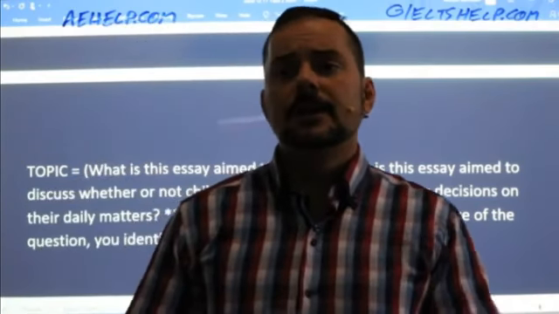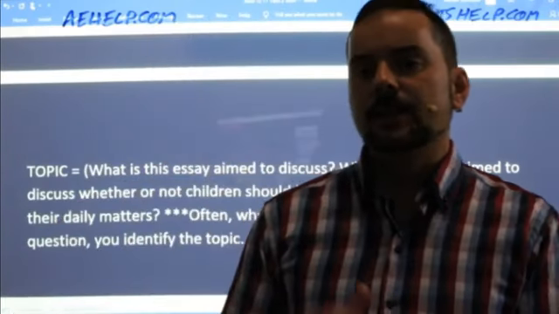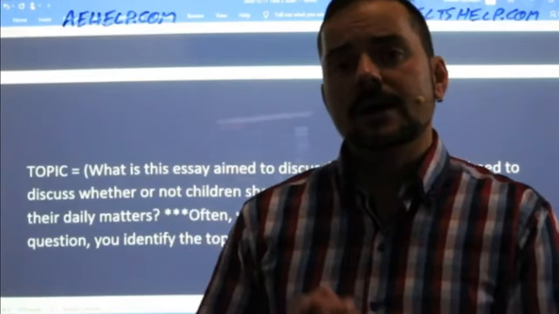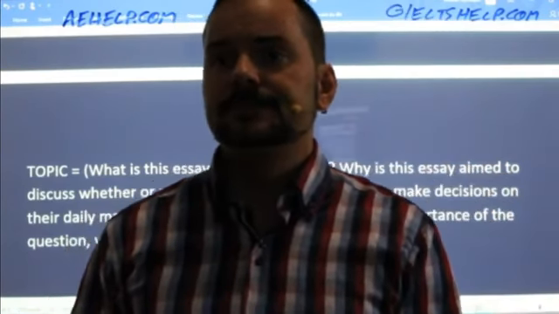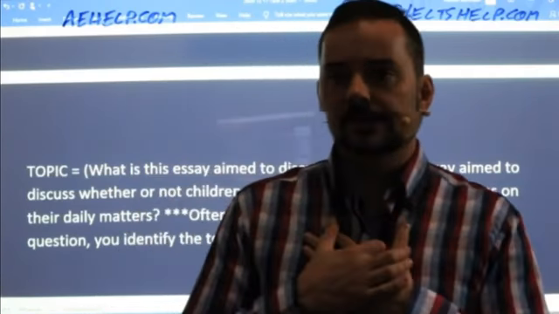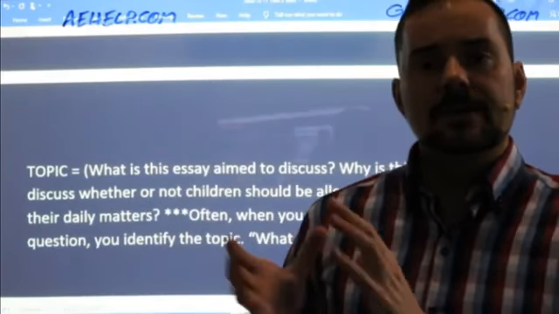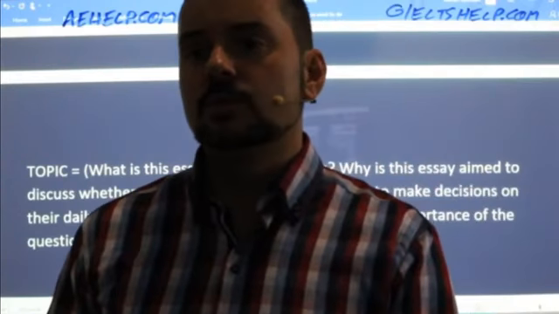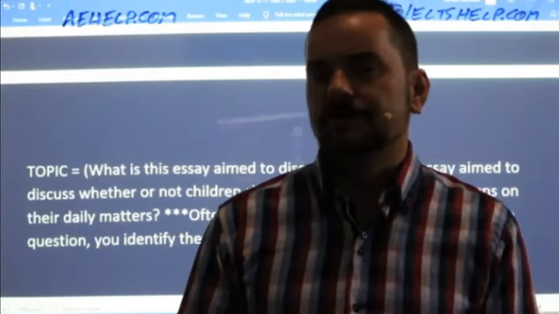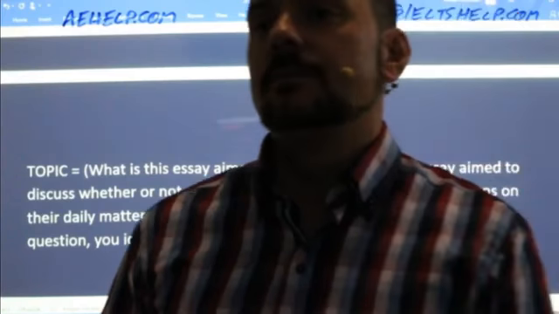Okay, if you're still having trouble, picture yourself as the parent. So I'm a parent who decided that I'm going to let my child make their own choices. Why am I doing that? Again, one more time, I'm a parent. I decided that I'm going to let my child make their own decisions on their everyday matters. Why am I doing this? What's my purpose as a parent? And for those of you who are parents, of course, this is a little bit easier because you ask this question of yourself more frequently.